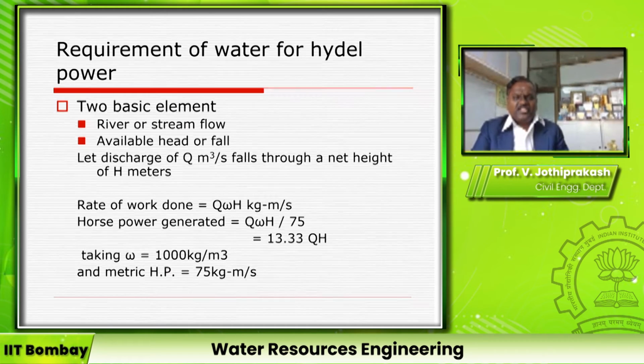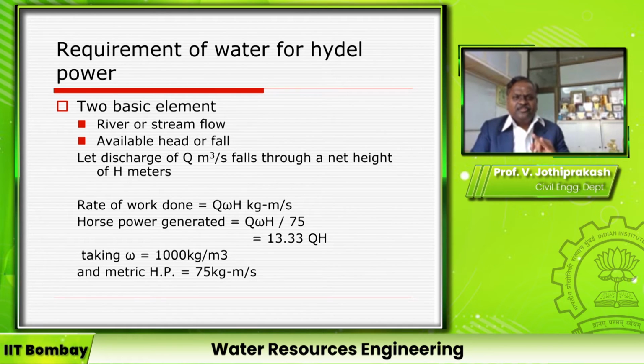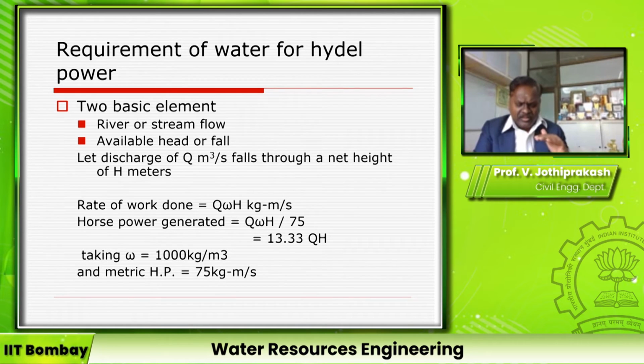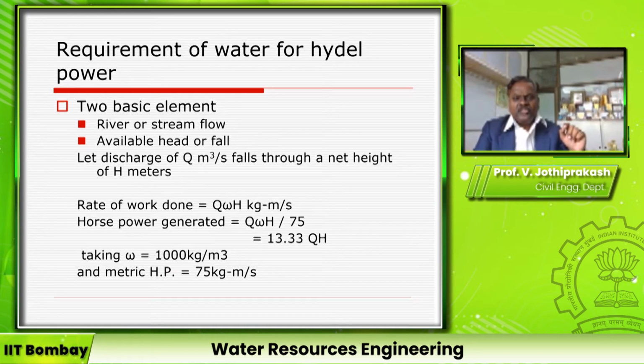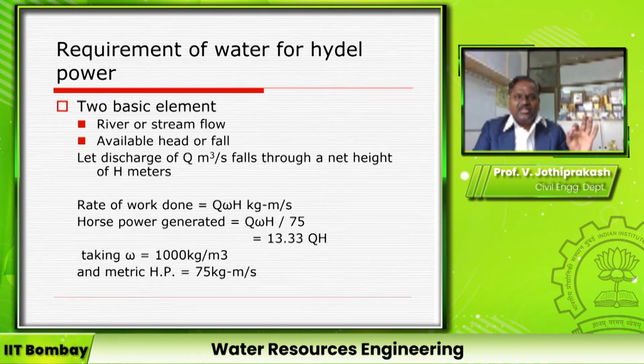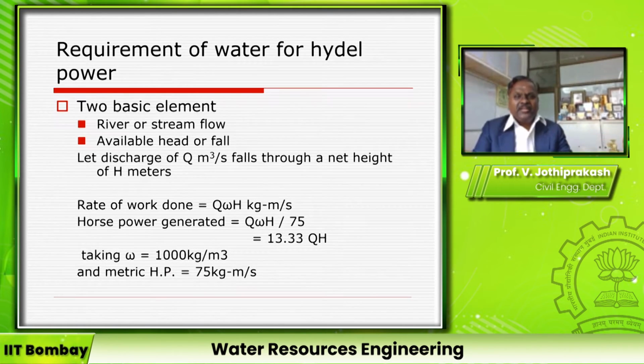So the requirements of a hydroelectric power station are two basic ones. One is the discharge, another one is the head. As I said, discharge comes through the penstock, and head is the level difference between the water levels, with small frictional losses in the penstock. So the net head is the gross head between the water level in the dam and the center of the impinging jet, minus the head loss due to friction. That is the net head available to produce power. Then the horsepower produced is work done by 75.